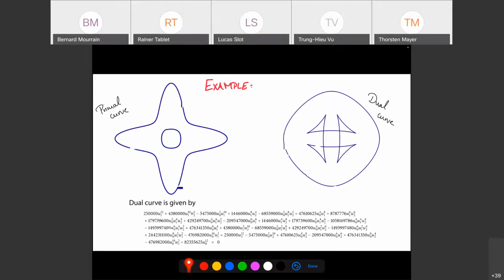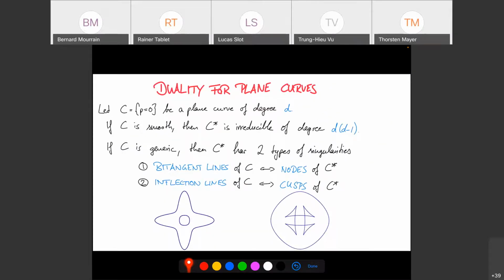So it's a classical result. These things are called Plücker formulas. Plücker was not the only one, but he studied duality of plane curves, and he observed all of these things on this slide. If you have a plane curve of degree d, suppose it's a smooth curve, like in our example here. This is a smooth quartic curve. If you form the dual curve, you get a curve of degree d times (d minus 1). We started with a curve of degree 4, and it was smooth, so the dual curve has degree 12 as predicted by this formula.